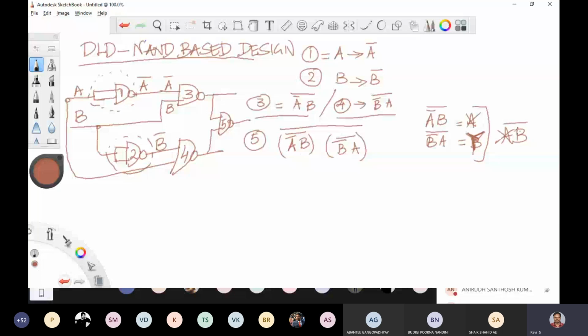So if (XY) the whole bar, according to De Morgan, is X bar into Y bar, correct? Yes. So now X bar plus Y bar. A into B the whole bar is equal to A bar plus B bar, correct? So now I'm just solving this: A bar B double bar plus B bar A double bar. So now this double bar is cancelled. You'll get your expression as A bar B plus B bar A, which is equal to A exclusive OR B. Any doubt?